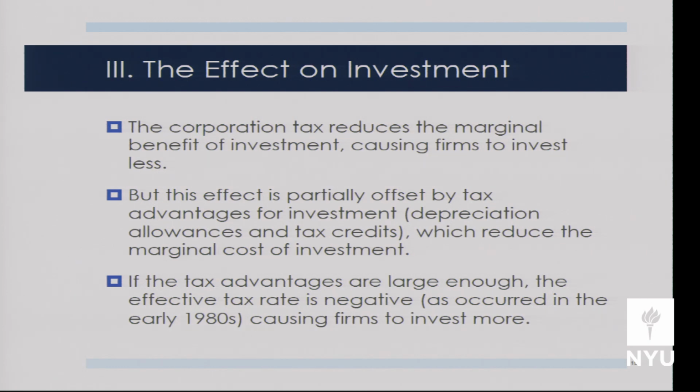That combination of new curves will give us the new equilibrium level of investment. And it's actually theoretically true that you could end up with a combination of corporate income tax levels, depreciation allowance generosity, and investment tax credits such that the cost of capital after tax is actually lower than pre-tax, i.e., the net effect of the tax system is a net subsidy on investment. And in fact, we did see that in the 80s. And we'll talk about exactly what would have to be true for that to be true.